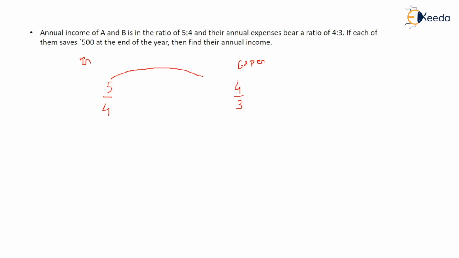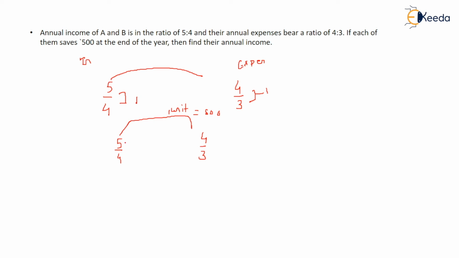This is one shortcut that I am telling you. In order to make this quantity the same, you can see the difference between numerator and denominator is 1, and here the difference between numerator and denominator is also 1. So you can simply keep it here, and you have to multiply with the differences of numerator and denominator on both sides, and here both the differences are the same, so no need to multiply. So 5 by 4 and 4 by 3. Okay, so what is the difference between them? 1 unit. The 1 unit value is given to you, 500, right?